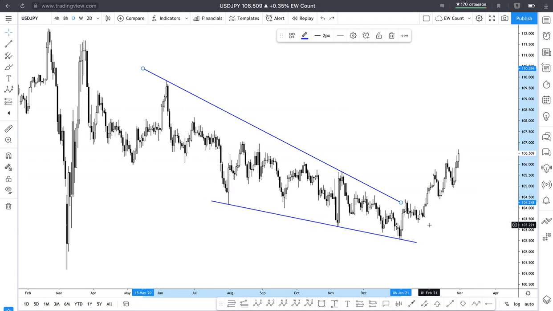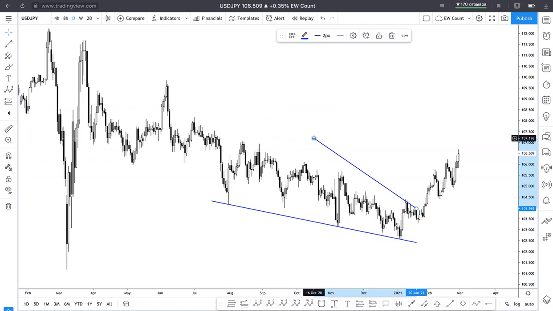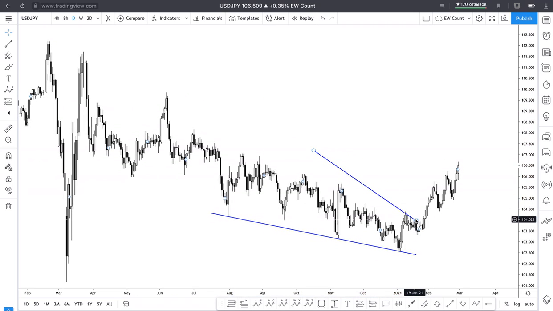Now let's focus on this part of the chart. We see that market moved up and tried to break this trend line, but it bounced down, and then we see this consolidation. Now it would be even more interesting to draw this trend line like that,